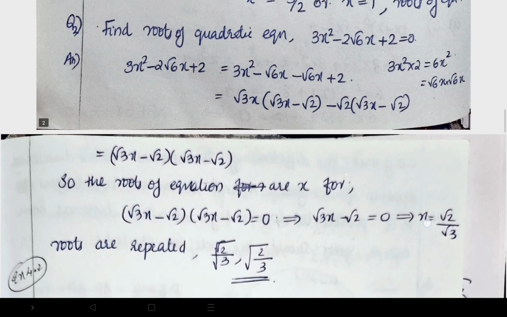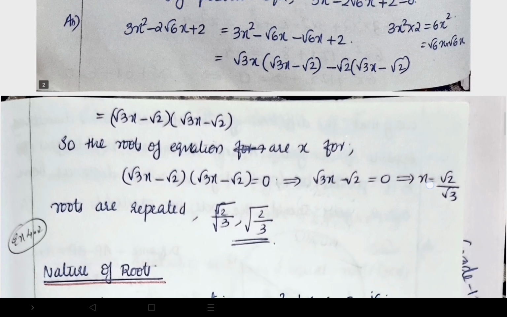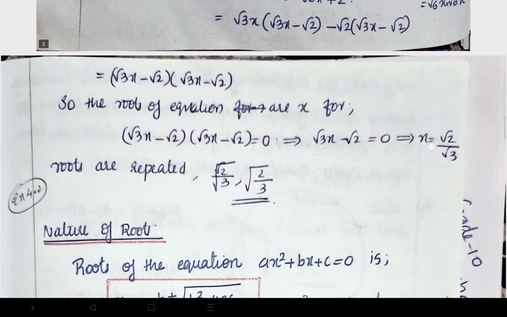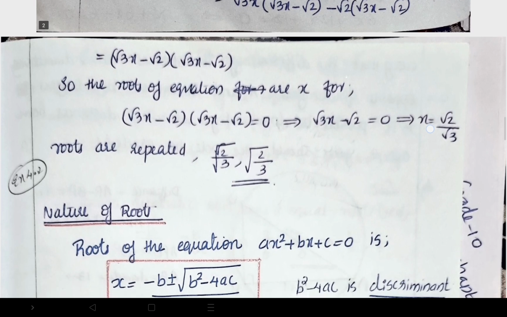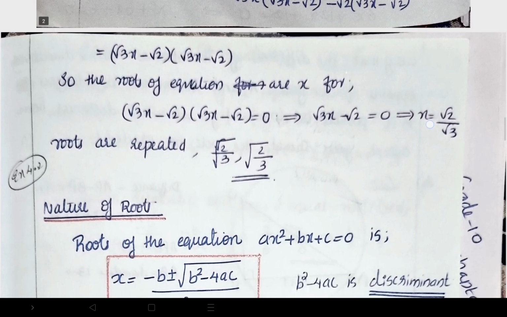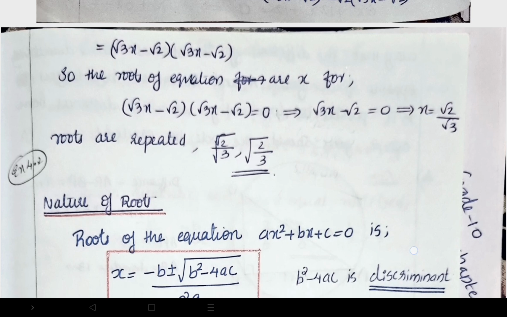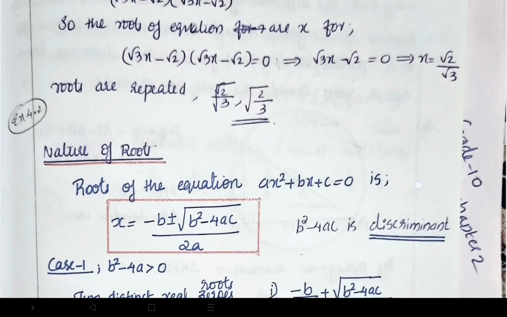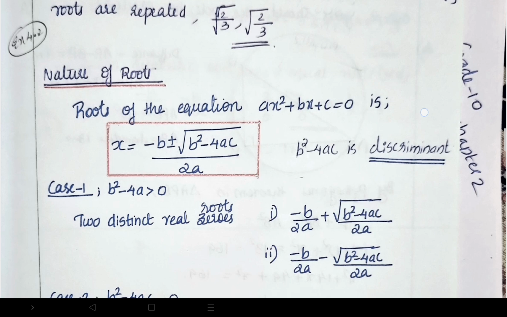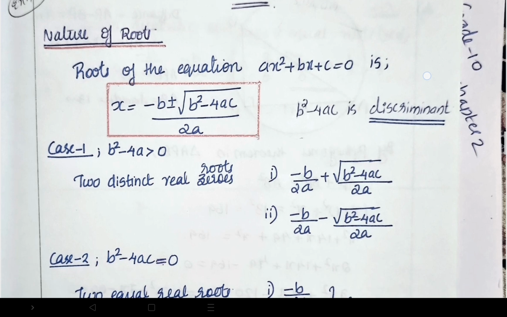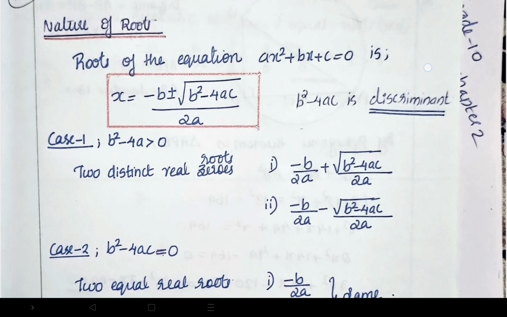Next topic is nature of roots. The roots of the equation ax square plus bx plus c equal to 0 is x equal to minus b plus or minus root of b square minus 4ac by 2a, and this is obtained by some other kind of deductions. Here b square minus 4ac is the discriminant, and according to the discriminant's type we are having different number